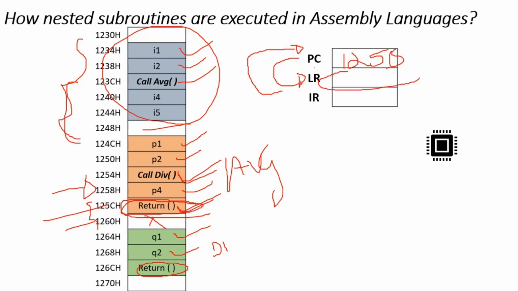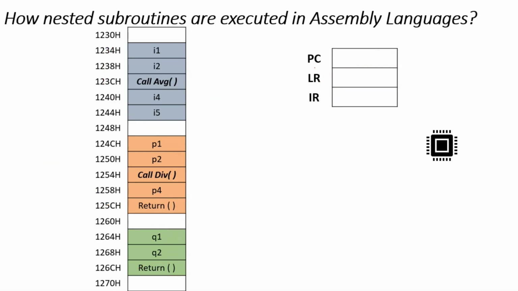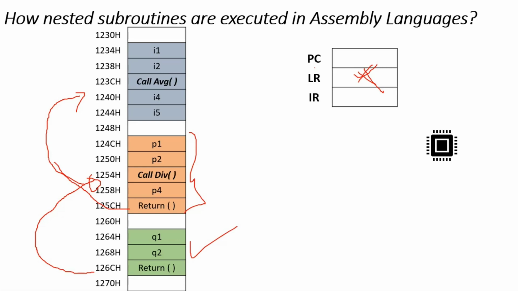The processor checks the link register, but the link register is empty because it was used in one more subroutine, a nested subroutine call. So what happens here: when we returned from the division function to the average function, our link register was used, but to go back to 1240 from the average subroutine, we don't have that link register, because we had only one link register, which we used during nested subroutine execution. We cannot come back. The actual return address of the main program, that is 1240H, was replaced when we jumped to the division subroutine from average.